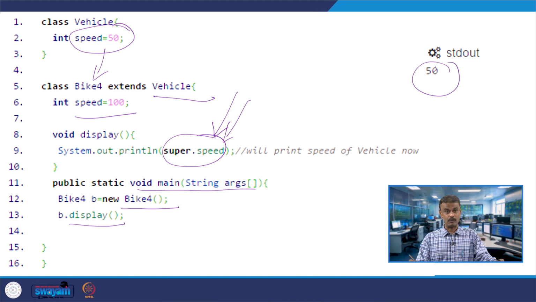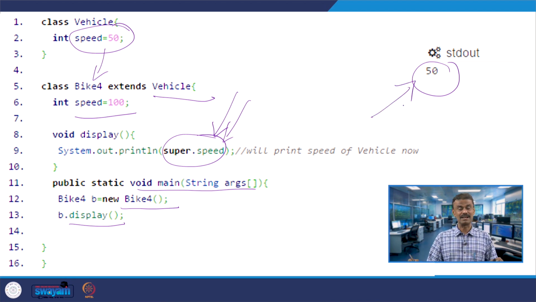That is the advantage of using super. That means, if you have the same data member and you want to access the super class one, in Java you have the keyword called super, and then the dot operator. So, you have super.speed, which is printing 50.